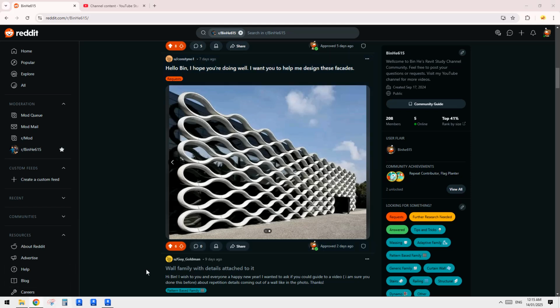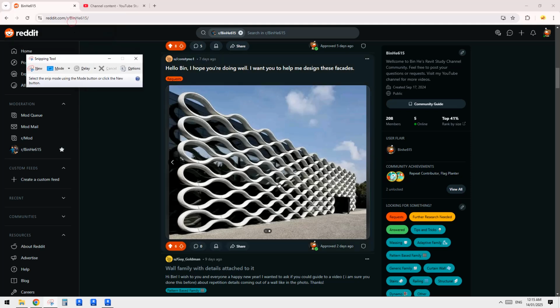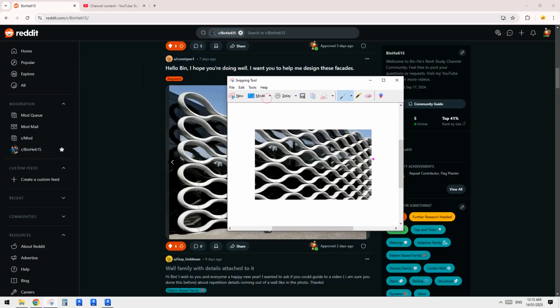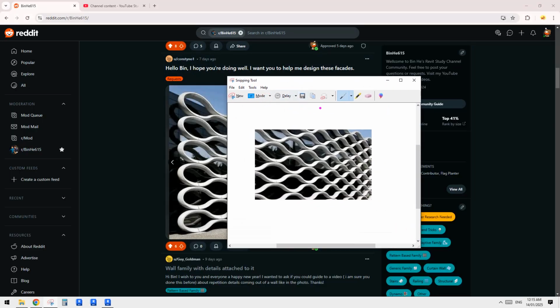Okay, so for a pattern like this one, the hardest part is to try to figure out the pattern. So let me just do a screenshot of this one. They are usually not only one. There might be 2 or 3 different options for you to create this one. So for example, you can